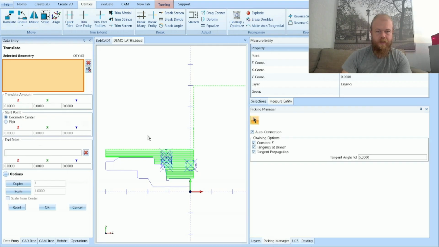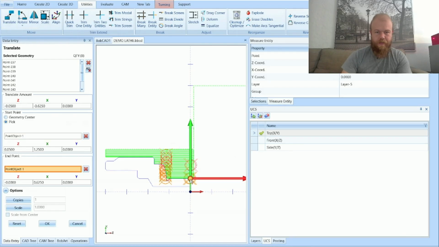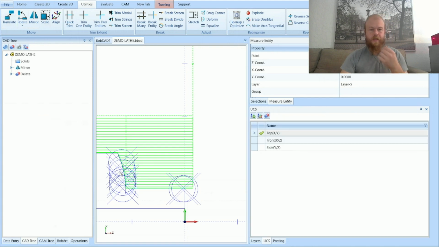What it should look like here, just so that we can save time, is it should be from here to here. There we go. So what I'm plotting the points here. When I'm plotting the points here, it's going to be